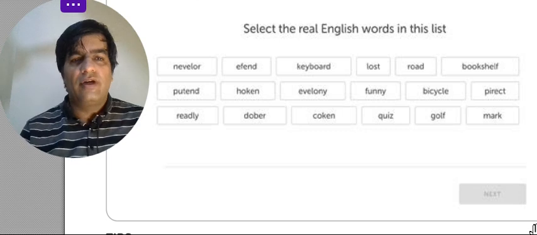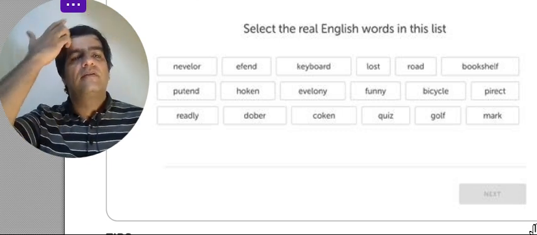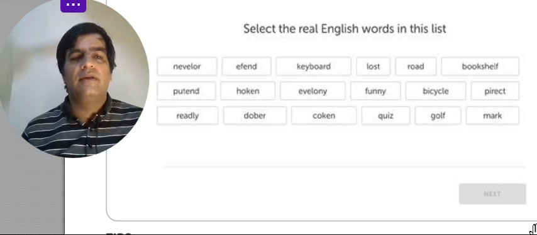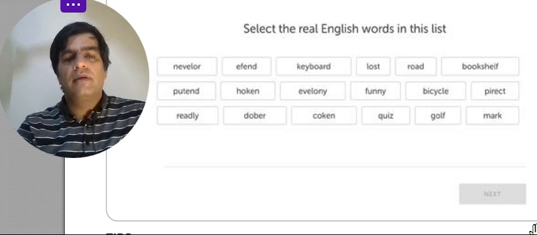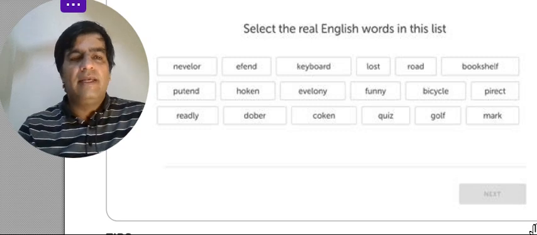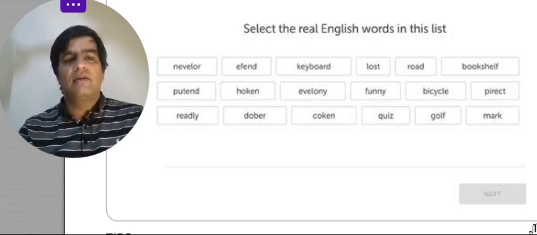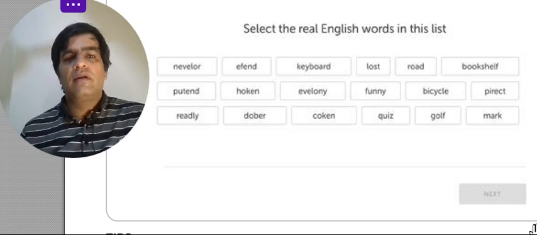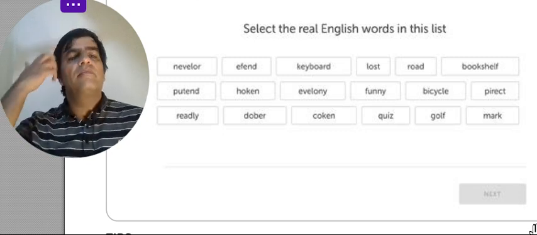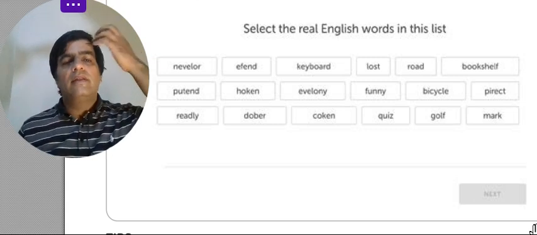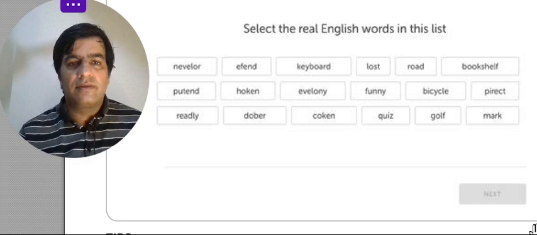As I told you before you attempt this, you should go to the internet and Google some word families and just take a look at 5 to 7 letter words. Google 5-letter words, 6-letter words, 7-letter words, so you can read them. And there's another way we can do this. Now